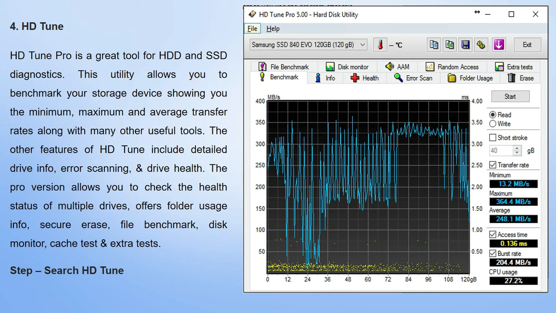Okay, so here when you open this SD Tune on your search tab, you may have to write SD Tune, you will be getting this SD Tune software. Now these are the options there. Okay, you can monitor the file benchmark, disk monitor, then your random access, extra test. Okay, so these are the options there. Health is there, error scan is there. Okay,